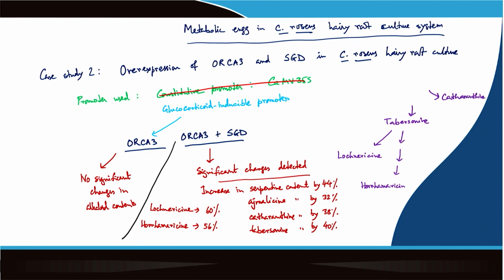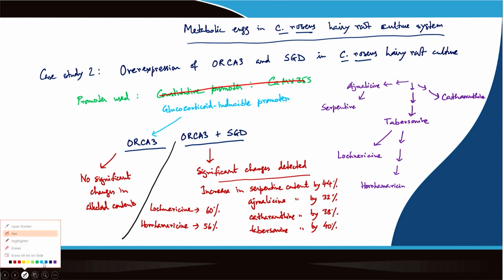So, what has been found is that tabersonine content enhanced, catharanthine content also enhanced, and the pathway leads to azmalicin content enhanced. Not only that, serpentine content also enhanced. So, this is a very positive result, and this paper was published in a journal called Protoplasma